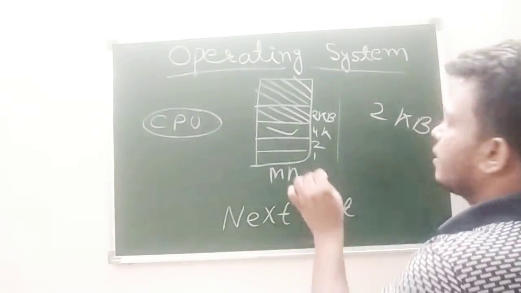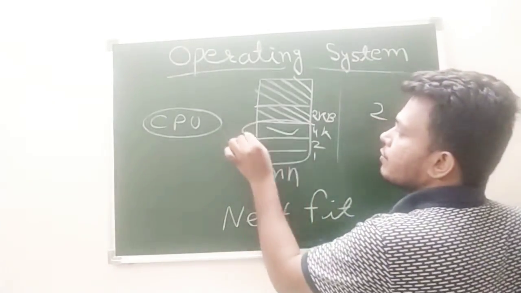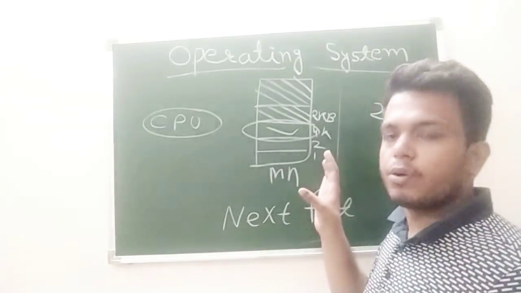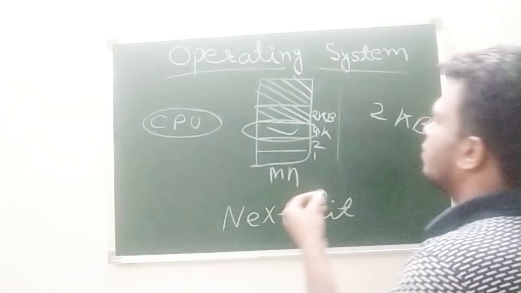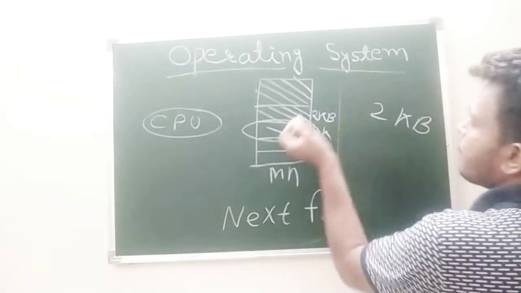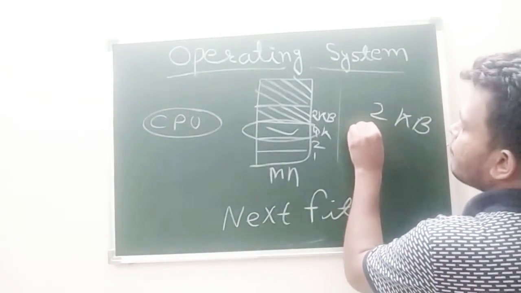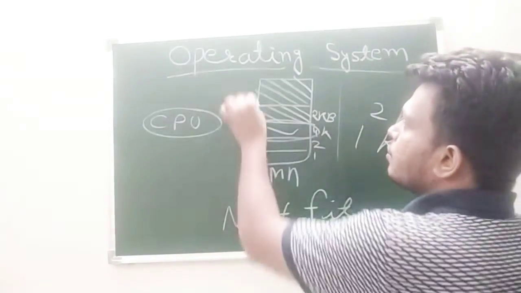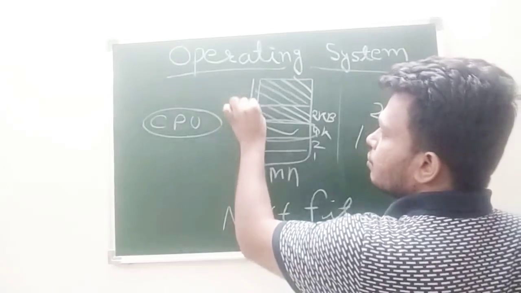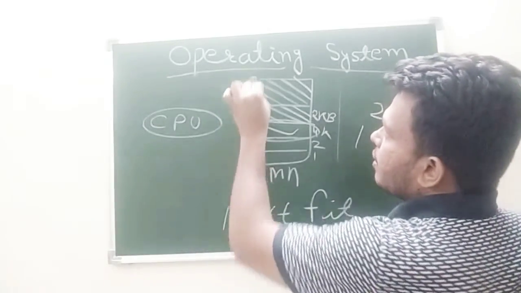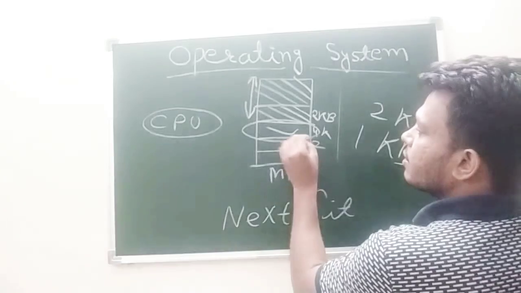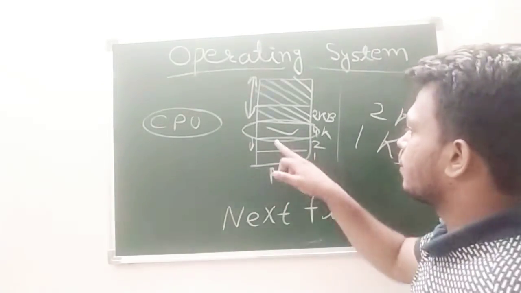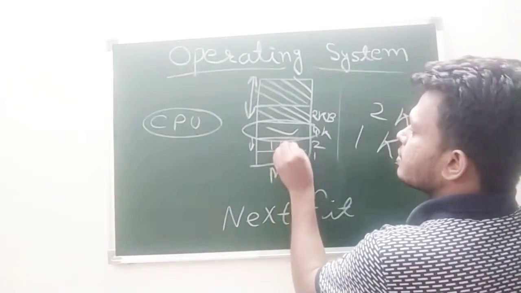It says store this location. Actually, store this memory location, so that when a new process comes, suppose a process comes with 1 KB, we are not going to scan this part. We will simply scan after the filled place. Clear? So we will simply put that 1 KB into this place.